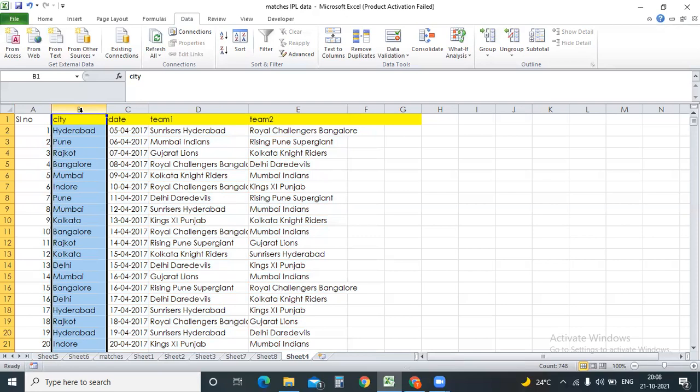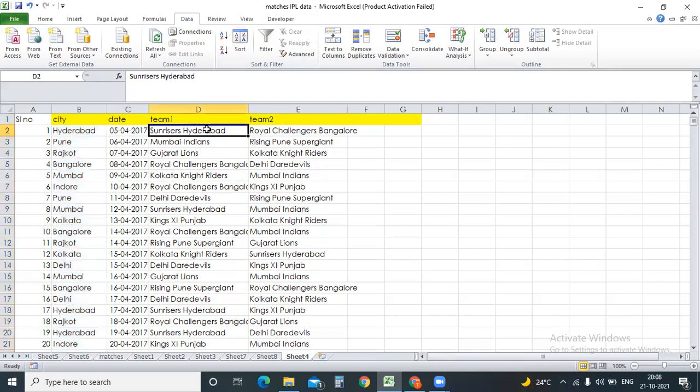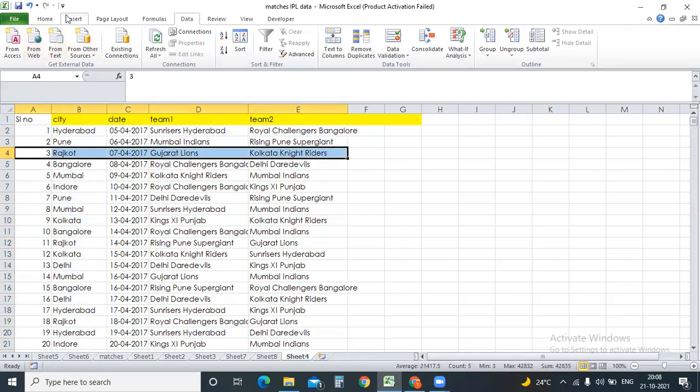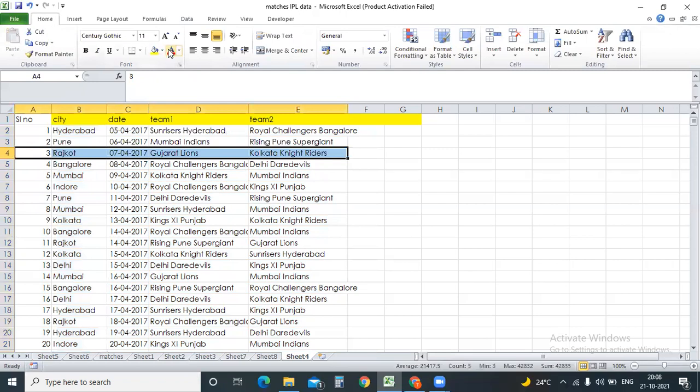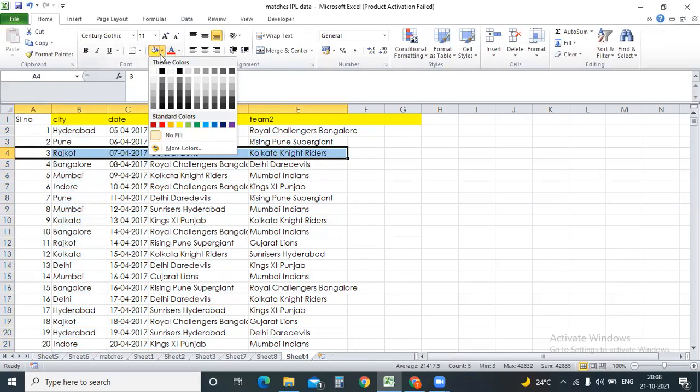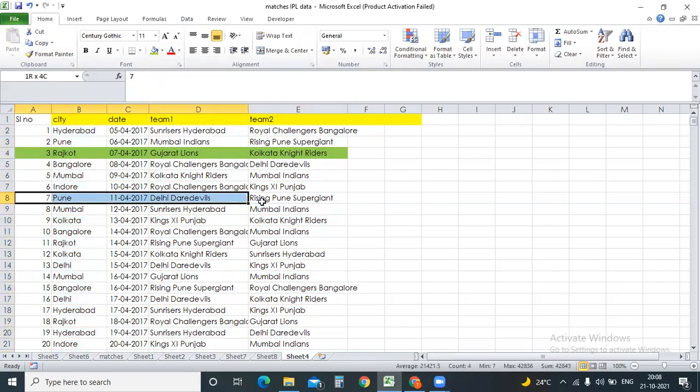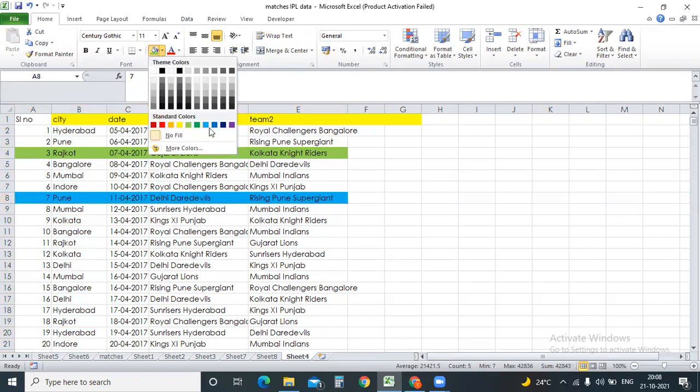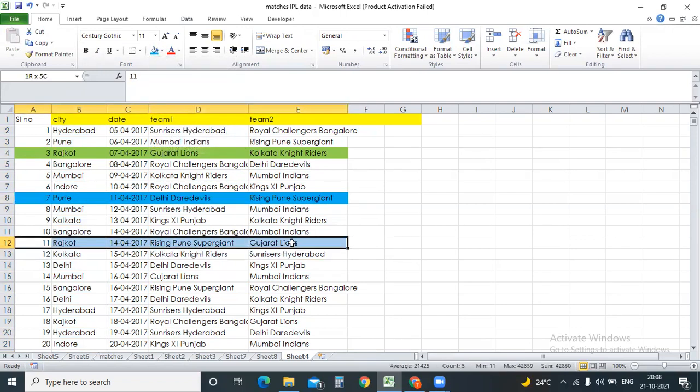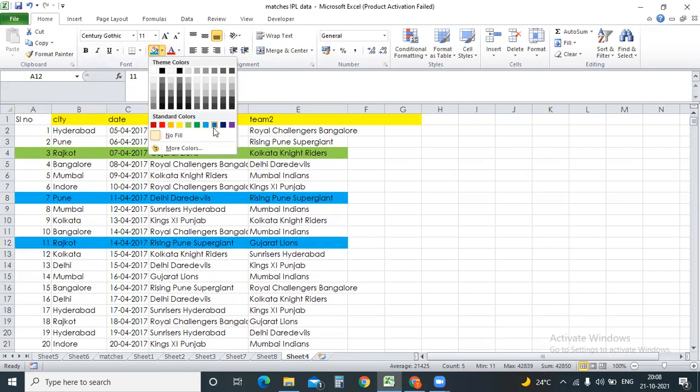If I sort this directly, that's fine, but what will happen to the data next to it? For example, let me highlight a few columns. To highlight, go to Home, go to Font and select the color you want. I'll just add 3 random colors.